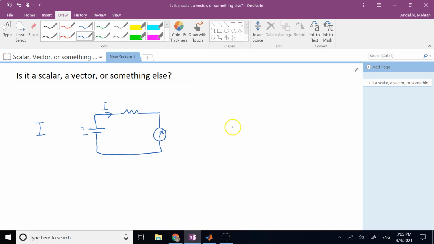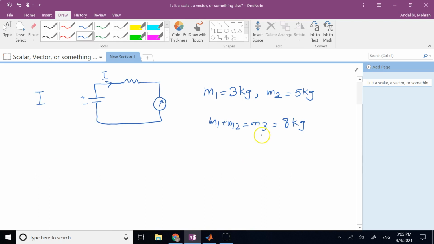For example, if I have mass 1 that is 3 kilograms, and I have mass 2 that is 5 kilograms, and I put these two masses together and form a new mass, call it M3, well, clearly M3 is the sum of the two numbers, it is 8 kilograms. This is addition of scalars. But vectors, if I have a vector of 3 units and a vector of 5 units, the summation is not